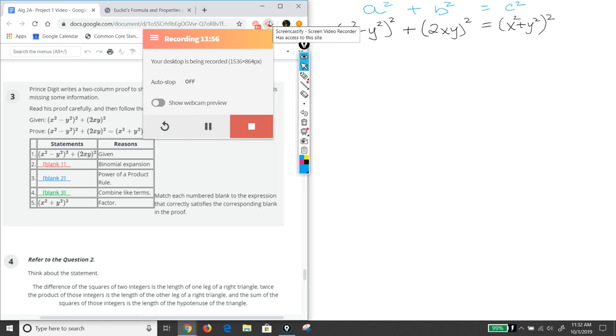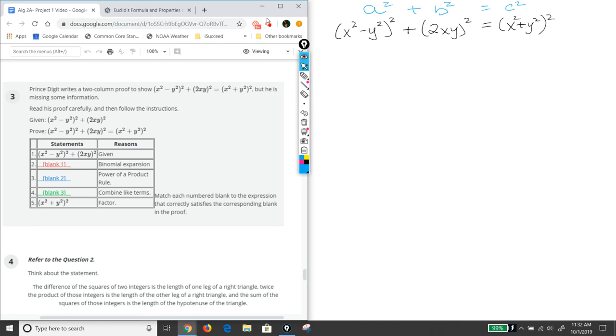Okay, so pick it back up at question number 3. We're still building off of that same information that we dug up from questions 1 and 2. So just to recap, we had Pythagorean theorem, and we rewrote them in terms of x and y using our relationships that we got. So go back to questions 1 and 2 if you need to clarify. So what Prince did is write a 2-column proof